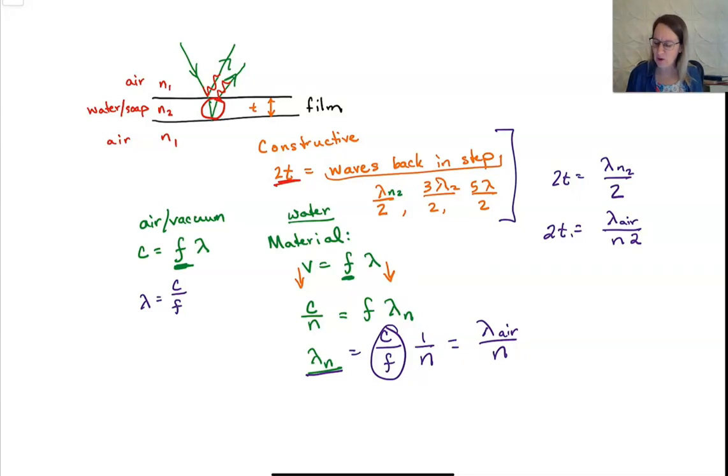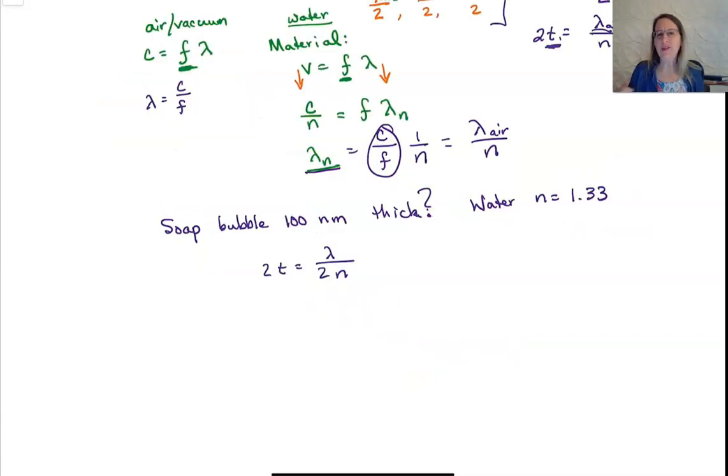So if you know the wavelength in air and the thickness, then you can figure out which ones are going to constructively interfere depending on the thickness of the material. We can apply this just to see what this looks like and get a sense for what's going on in a soap bubble. If we talk about a soap bubble that's, say, 100 nanometers thick,